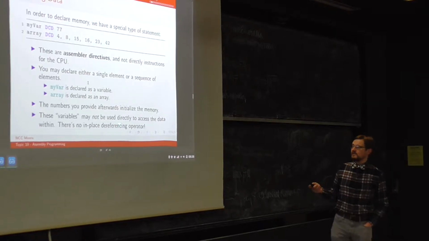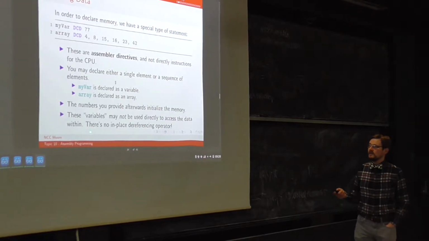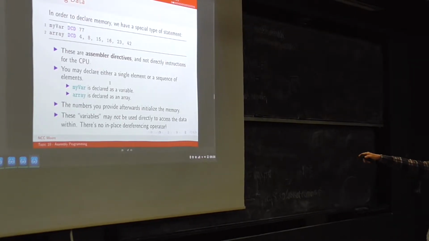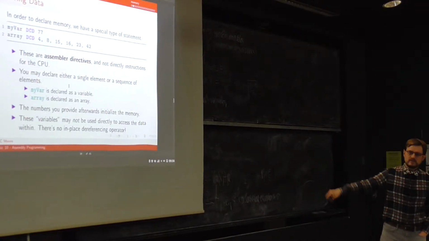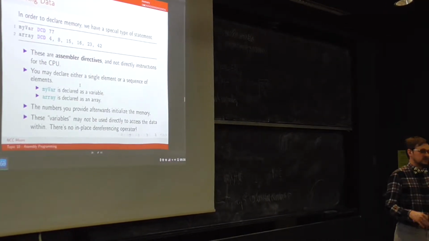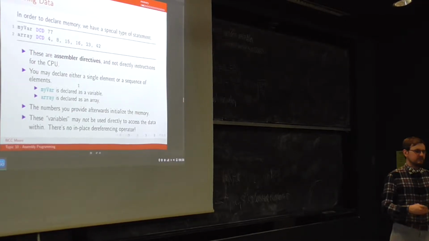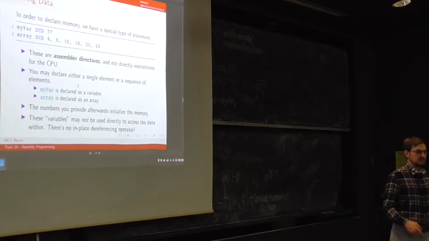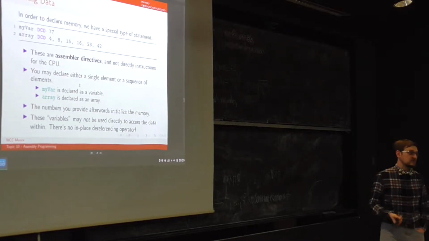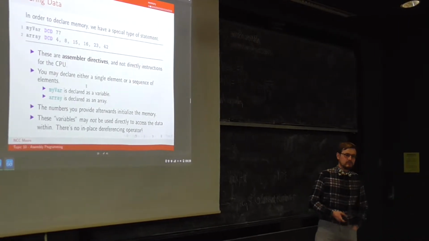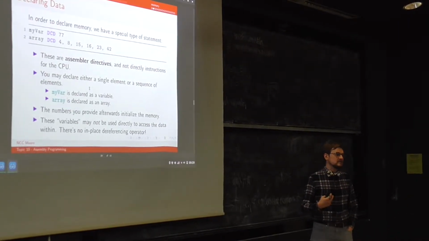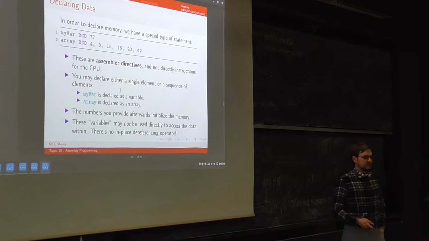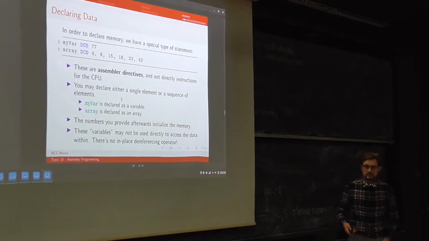These variables may not be used directly to access the data within. There is no in-place dereferencing operator. So these are not variables in the same sense; you can't just use them in expressions like they're variables. You have to go through the pointers. You have to manually do the dereferencing operations, because that's one of the things provided by default by C and other programming languages. When you use a variable, it's dereferencing it for you automatically. You don't even have to think about it. But in assembly, you have to think about everything, painfully in excruciating detail. So,